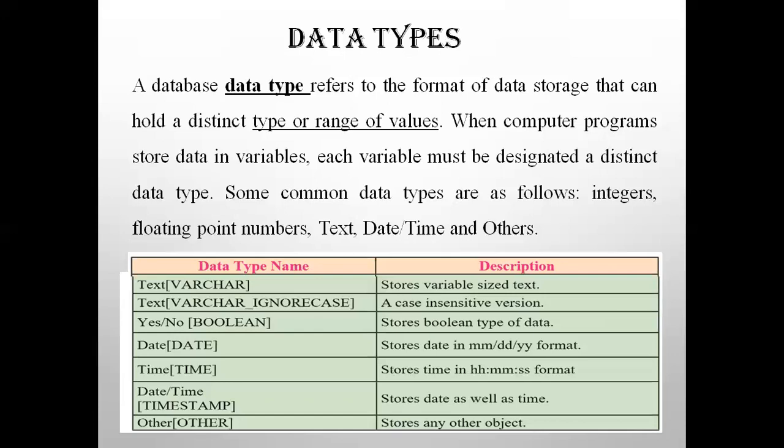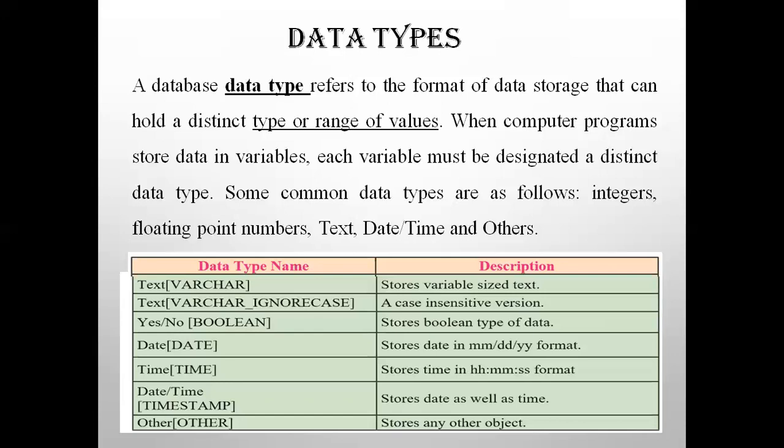Other types consist of, say, Boolean, binary, variable binary or something. Boolean or a bit is used for yes, no, or true or false type of fields where you have to make a decision. True or false states say if an option is available or not, turned on or off. So Boolean is 1 for on, 0 for off. And second one is binary or variable binary. These are for storing binary data like images.